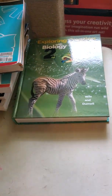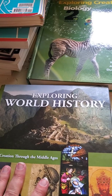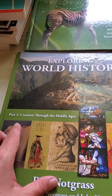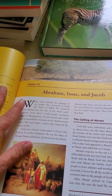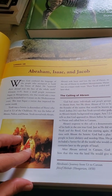For her history this year, well, actually, this is history, English, literature, Bible. She gets a lot of credits out of this one curriculum. This is Exploring World History by Notgrass. The first book, there's 3 books that come with it. Part 1, Creation Through the Middle Ages. She really, really enjoys this curriculum. She did American history for 9th grade. And you can see it's